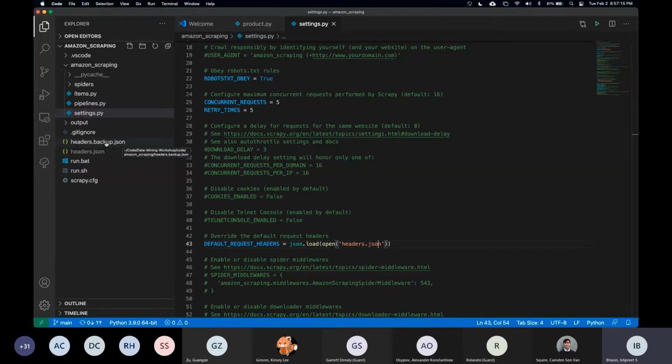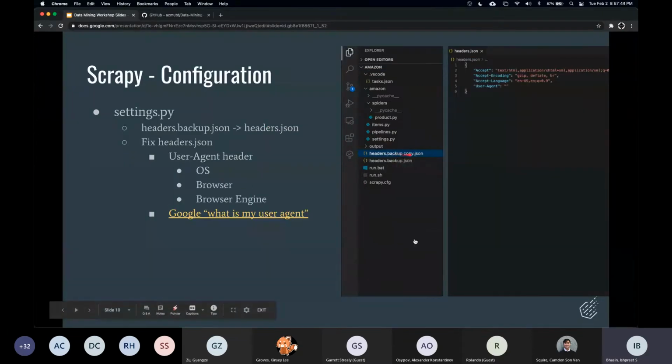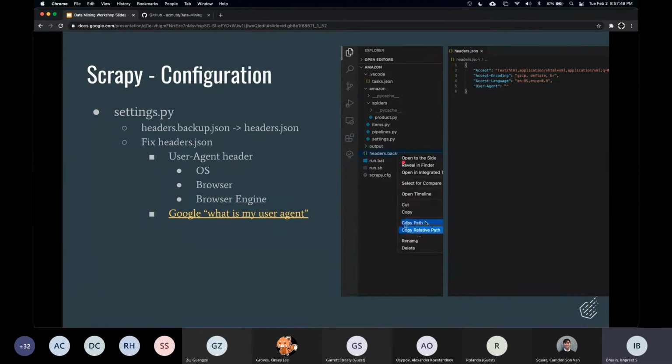Scrapy is not recognized as an internal or external command. So maybe you had a problem installing Scrapy or linking it, or for some reason the command line interface is not available. Try reinstalling Scrapy. But as I was saying, I want everybody to rename this headers.backup.json to headers.json, or you can just create a duplicate and then rename it. Just make sure you change the headers backup to just headers.json, and